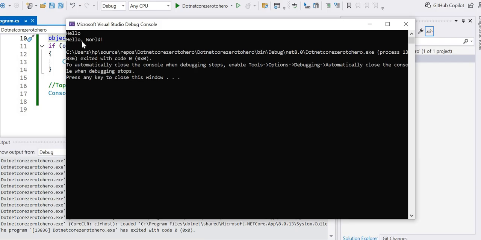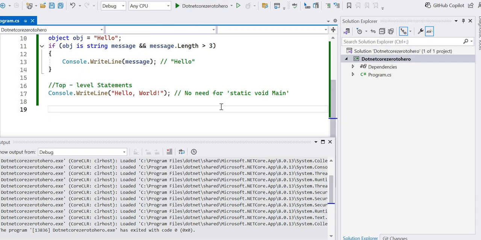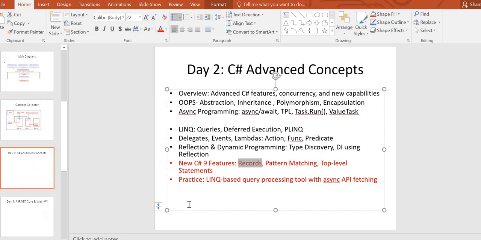immutable, and we will create that variable and we will print whether the immutable strings are okay or not. That is the main difference between records and top-level statements and pattern matching. And the next topic is